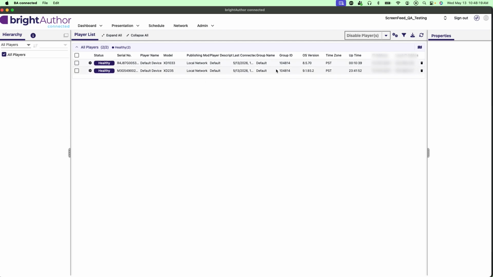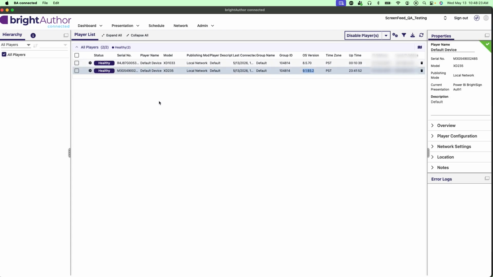So in this case, of my two devices, 9.1.93 is above 9.0.2.11. So this will work with our feed URL, and 8.5.70 will not. If I want to show Power BI information on that device, I either need to update its version or push the playlist URL.